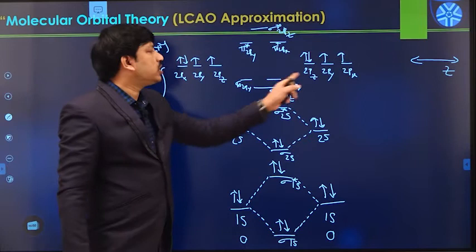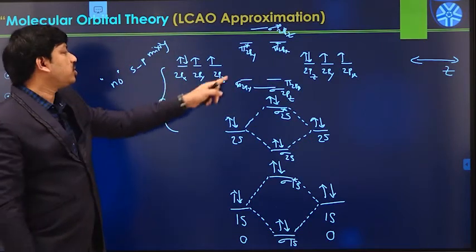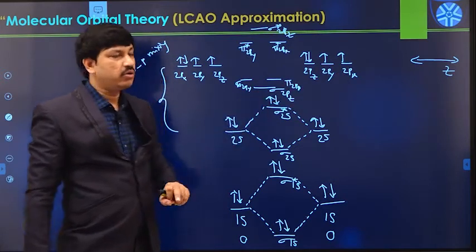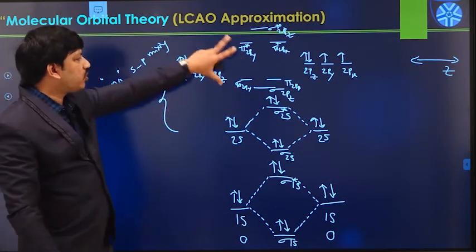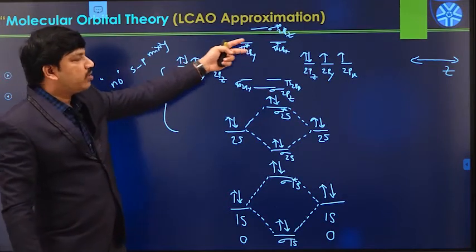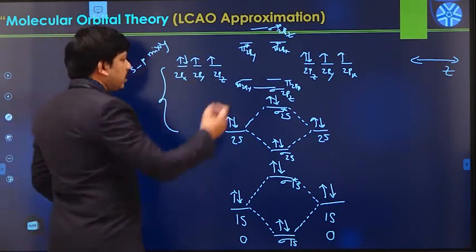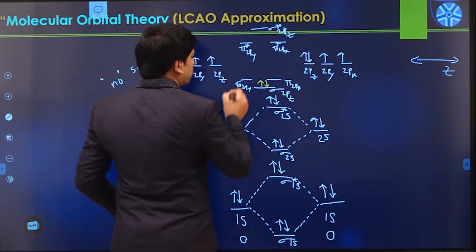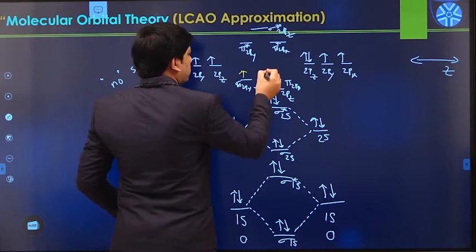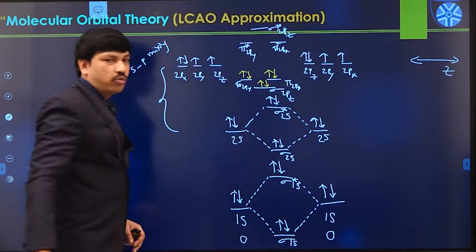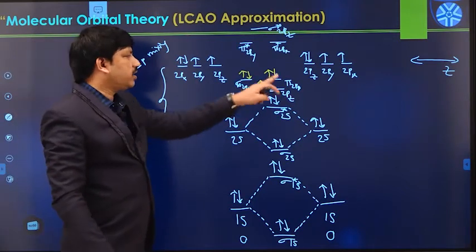So now the total 8 electrons, each p orbital contains 4 electrons. Here 4 electrons are available, here also 4 electrons available. So these total 8 electrons occupy these bonding orbitals. If any more electrons are available, they go to the anti-bonding orbitals. So let us fill the electrons. 1, 2, 1, 2, 3, 4. So total 6 electrons are filled here.